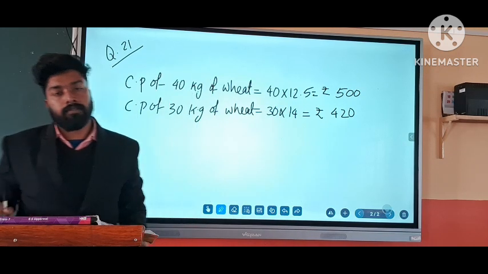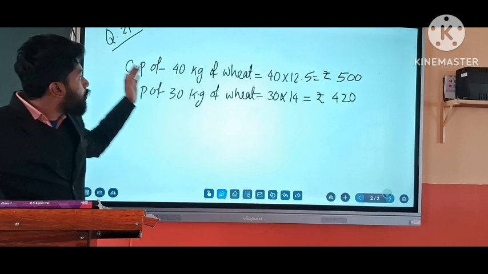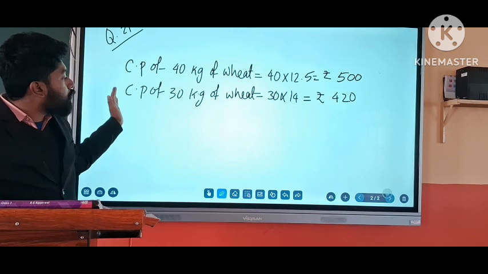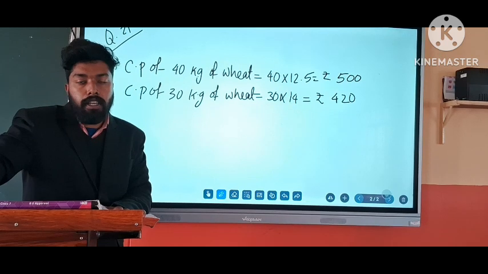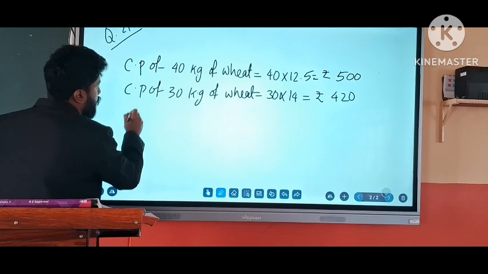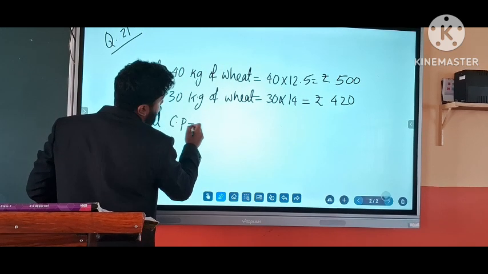Is it clear? Now, by using the cost price of 40 kg of wheat and the cost price of 30 kg of wheat, we can find the total cost price of the business. So the total cost price is equal to 500